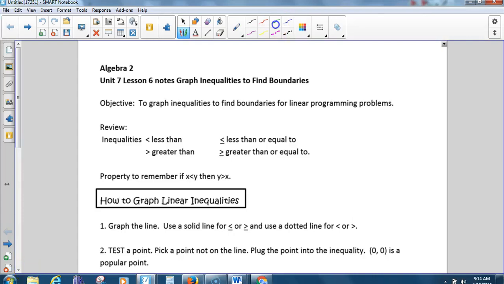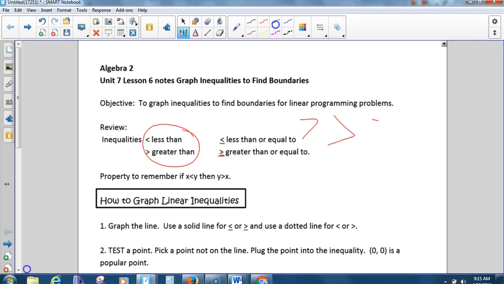Okay, so now we're going to do using graphs again. We're going to graph inequalities. A review: remember these are your signs for less than and greater than, and if you have a line underneath them, it's less than or equal, greater than or equal. Remember also, going back old school,